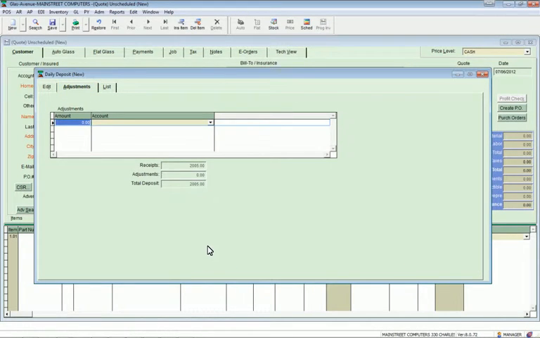Now in our first scenario, let's say we took $20 out of the deposit, you would just put in a minus 20. And then if you're using the General Ledger module, you'll need to pick the General Ledger account. So let's say that was for office supplies. We could just put in office supplies. And now you see our total deposit is